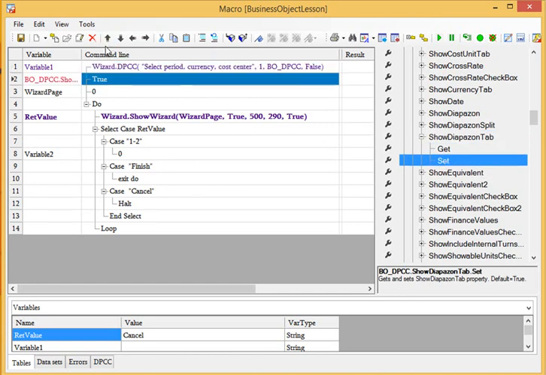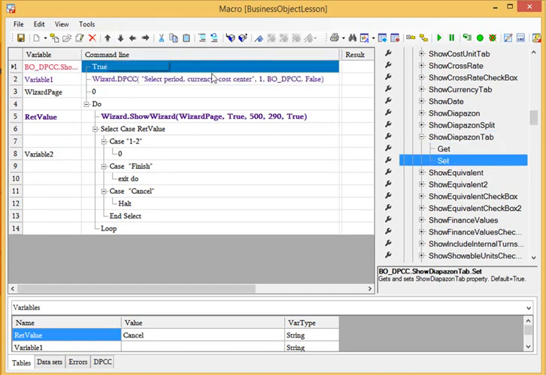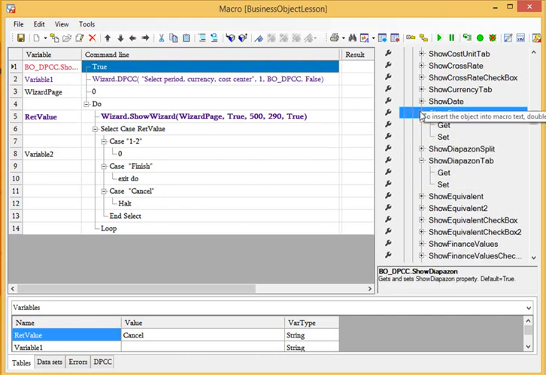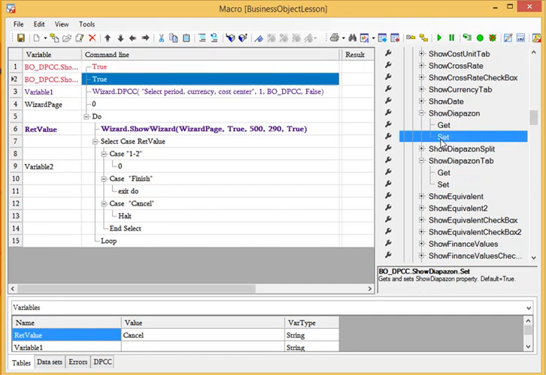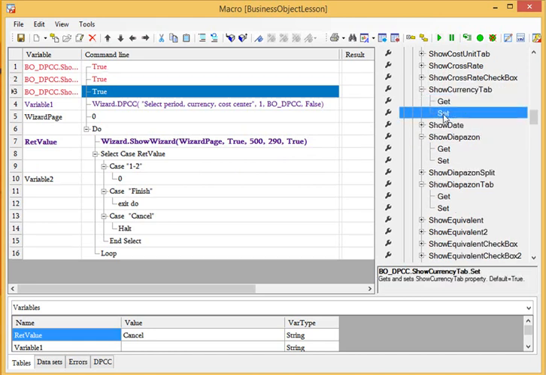I'm gonna move this command up. You can set show diapason as well, if we want to show only the date range but not the exact date, and on the wizard screen we can display the other tabs as well. For example, let's set show currency tab, and if we run,